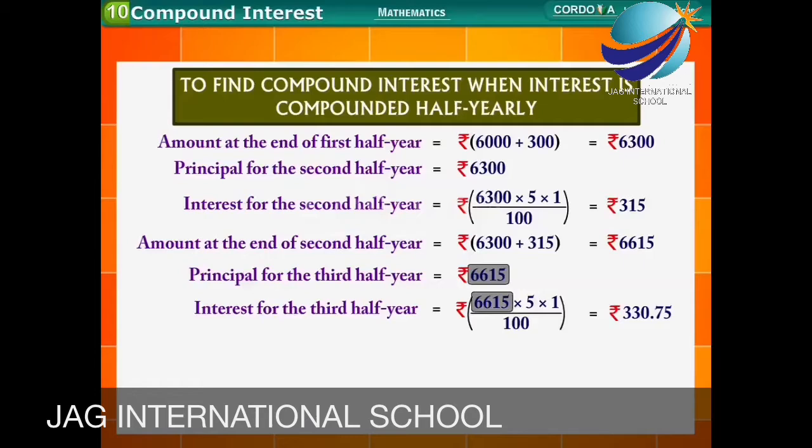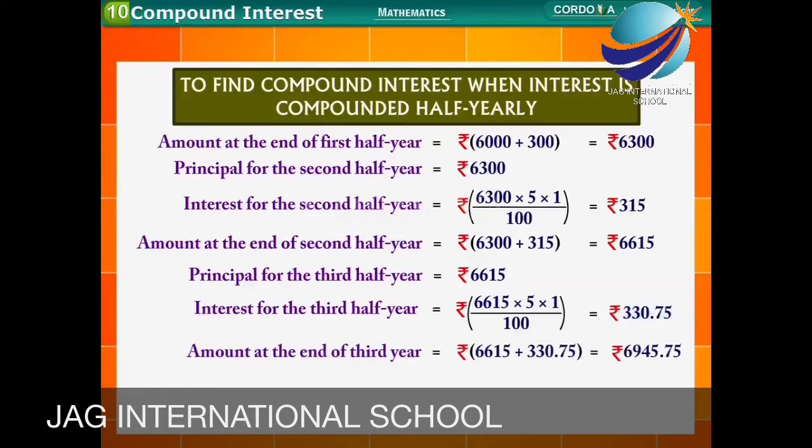Interest for the third half year is equal to rupees 6,615 multiplied by 5 multiplied by 1 divided by 100 is equal to rupees 330.75. Amount at the end of third year is equal to rupees 6,615 plus 330.75 is equal to rupees